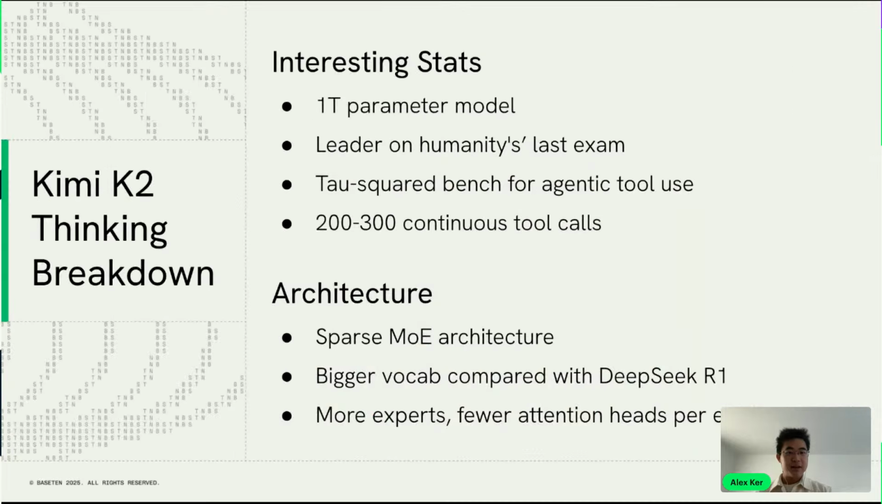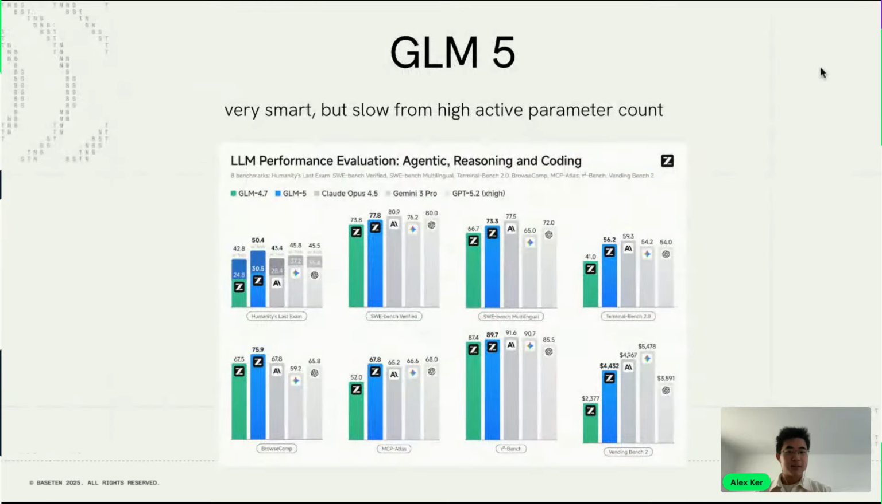The second model is GLM5. GLM5 scales up the number of parameters almost double from the previous iteration, and it also increases the pre-training data token size. It also integrates the DeepSeek sparse attention mechanism, which significantly reduces deployment costs while preserving long context capacity. And the funny fact about this model is